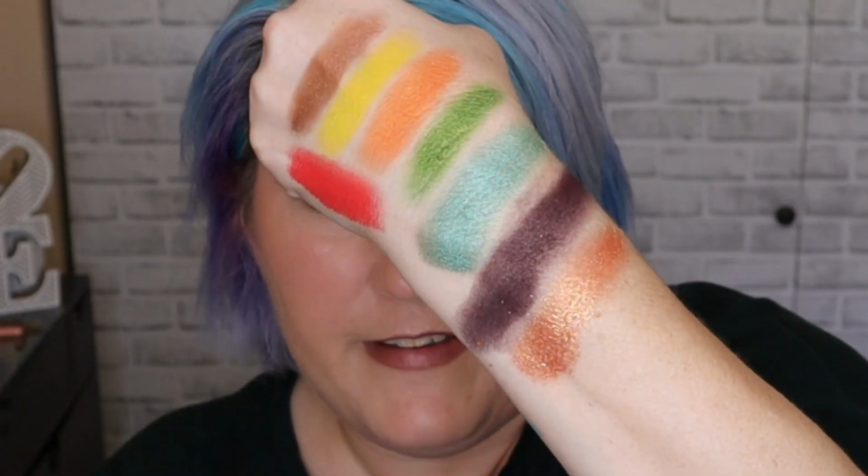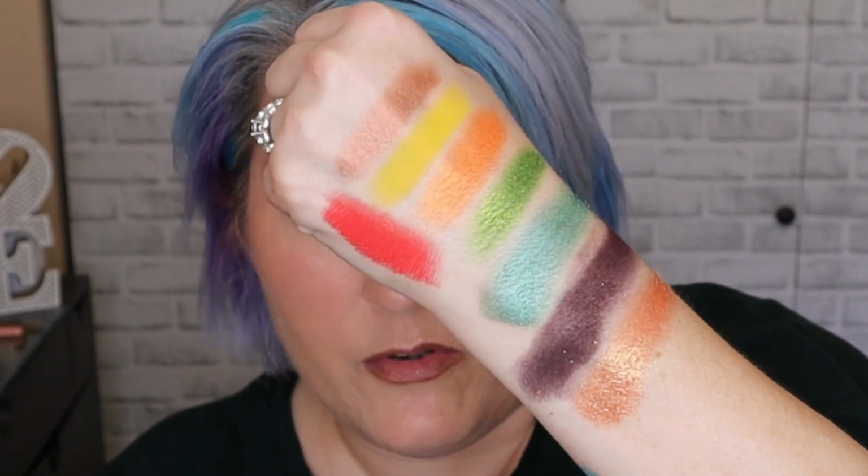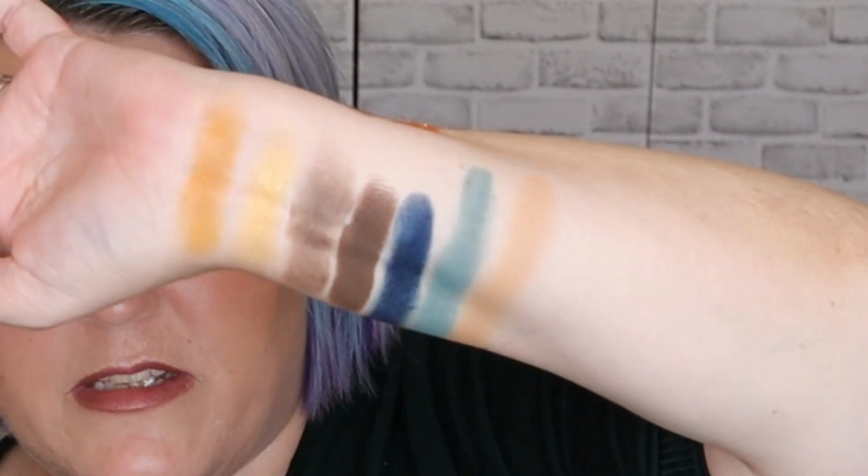So favorite, least favorite. We have Gemini. Gemini is the favorite. It's just such a beautiful shadow. It does have a little bit of a kick of gold to it, so it kind of feels flippy and duochromy as well. And then Luna, which on an eye look for me just doesn't show up. I mean, it's a great shade, I guess, for blending things out because it's so light. It doesn't show up on me, but it's also my least favorite to use